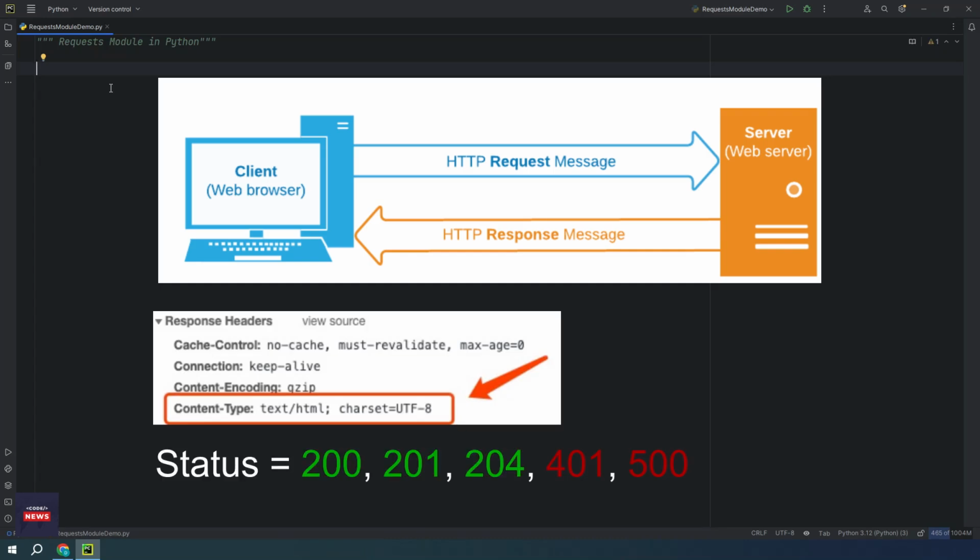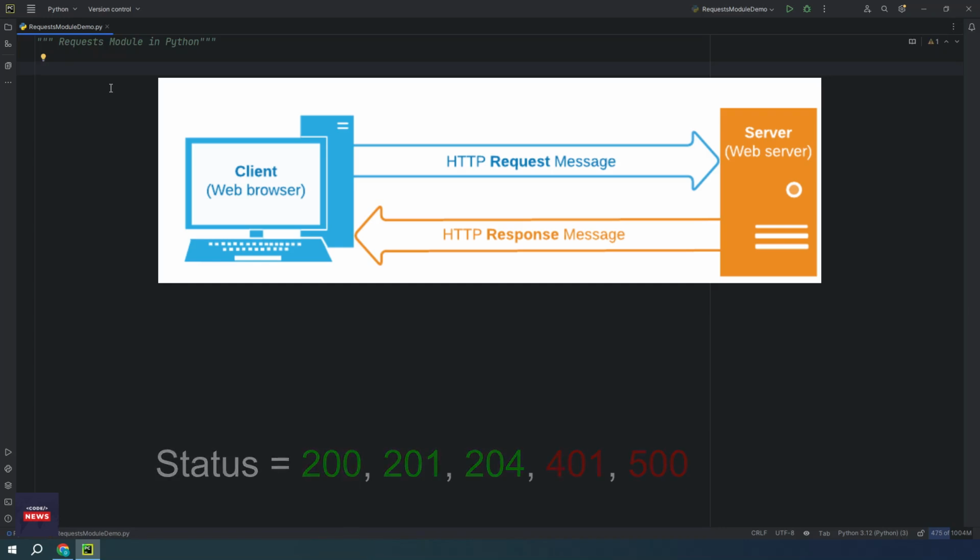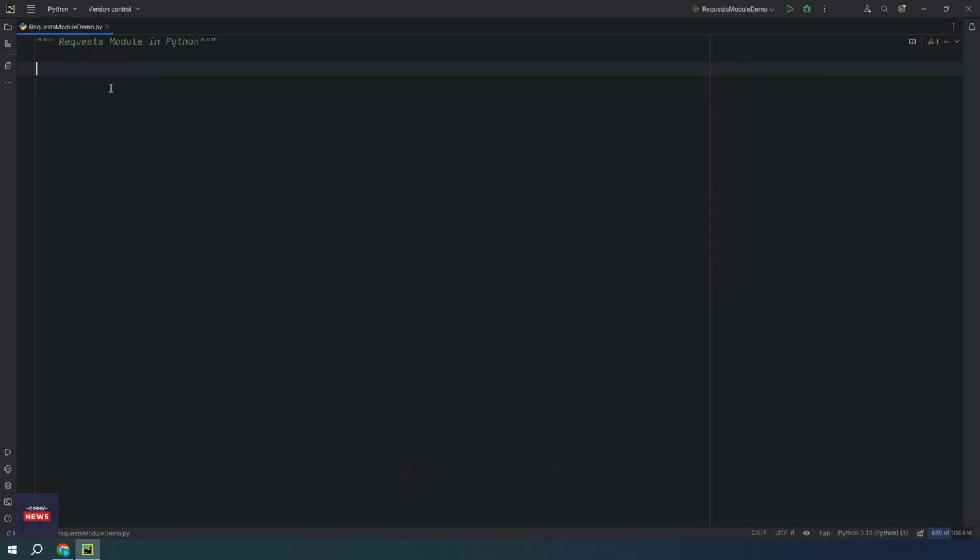If you are building applications that communicate over HTTP, the requests library is a powerful tool to have in your toolbox. This module allows developers to establish a bridge from client to server. Let me help you understand it in a better way.